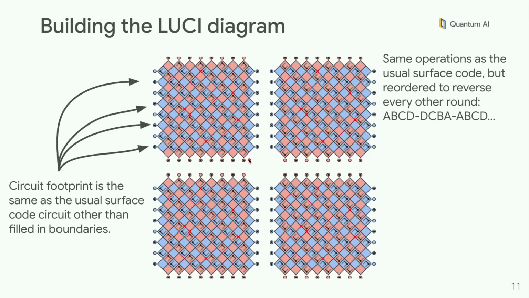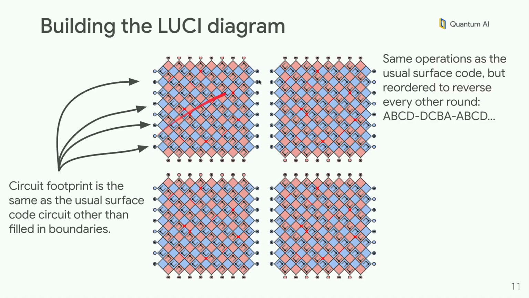So I won't prove this to you, but this diagram, where I just have picked a random specific snake and then copied it everywhere back and forth and alternated, so this round and this round are the same right now. This actually corresponds to the regular surface code circuit up to two small modifications. One is that I have filled in these boundaries. So there are qubits that would normally not be present in the code that are sitting there kind of idle